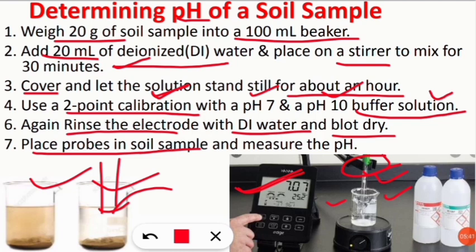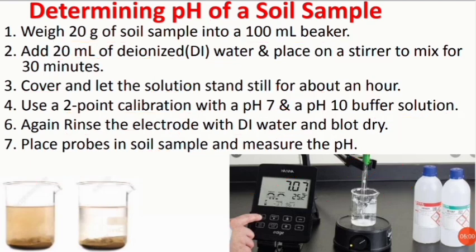You have to take 20 gram of soil in a 100 ml beaker, and add 20 ml of water. Then we will check with the buffer solution whether it is showing the correct pH, that is pH 7 and 10, which we will know earlier. Then we will wash it with distilled water, dry it with blotting paper and again place it within our beaker. Let's move to the next analysis part.